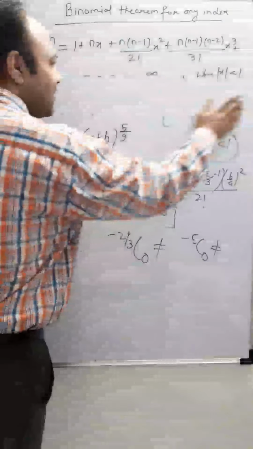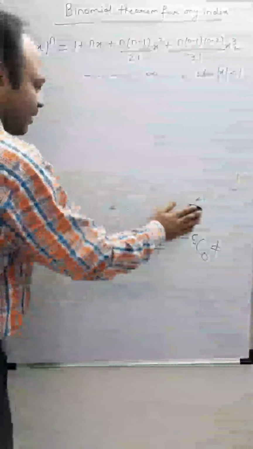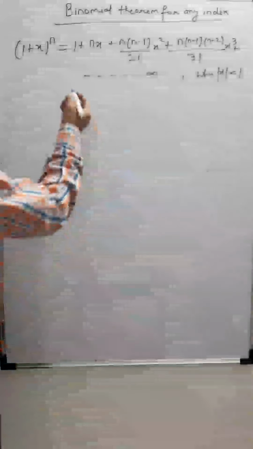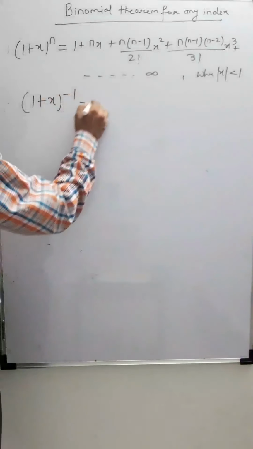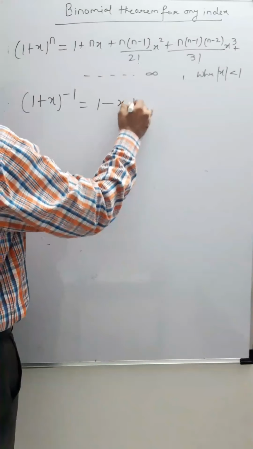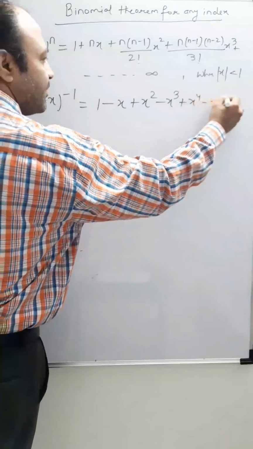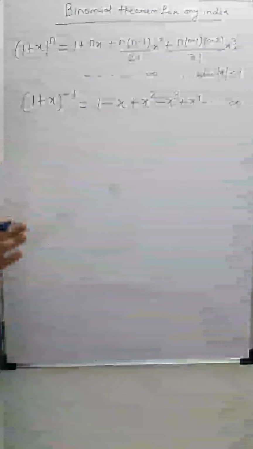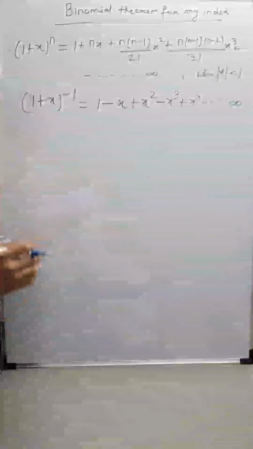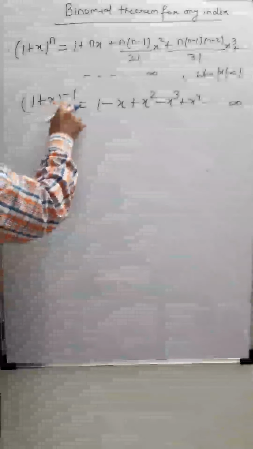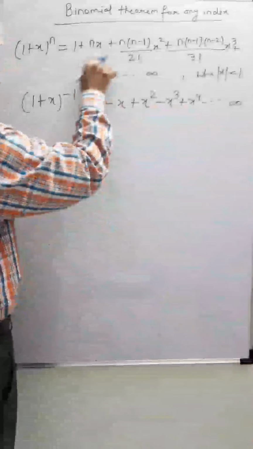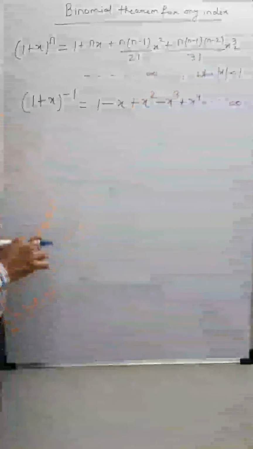In this, what is very important to remember, we have to remember 2 to 3 results also, or when you practice, you can expand any power also. Look at this, (1 plus x) to the power minus 1. With the help of this result, this is going to be like this till infinity. That you have to remember. If you remember this, it will help you in a problem, correct? So (1 plus x) to the power minus 1 is this one. If you go with this result, you will get the same expansion.